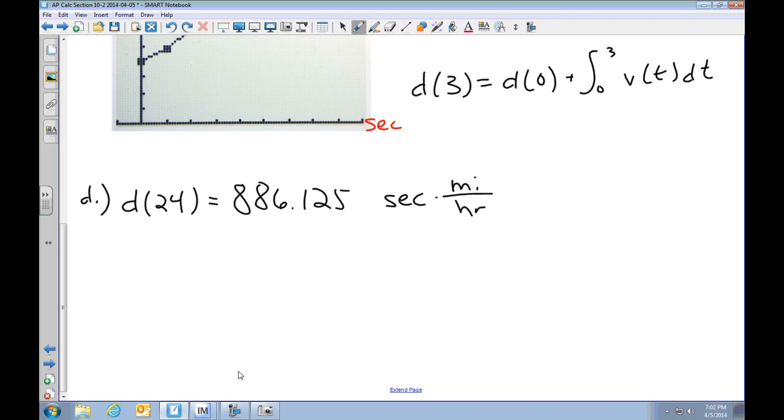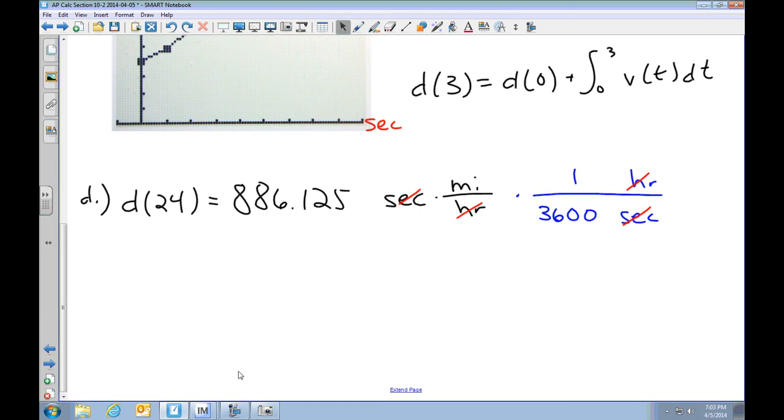And we can do that by multiplying by a clever form of 1, remember. I need to get rid of the hours that are in the denominator, so I'll put hours in the numerator here. And I need to get rid of seconds, which are actually in the numerator, so I'll put them in the denominator over here. And I just need a conversion from hours to seconds then. I know that 1 hour is equal to 3,600 seconds. Now because the numerator, 1 hour, is equal to the denominator, 3,600 seconds, I'm multiplying by 1. I'm not changing the problem. But I will get rid of these weird units here. The hours here will cancel out, the seconds here will cancel out,